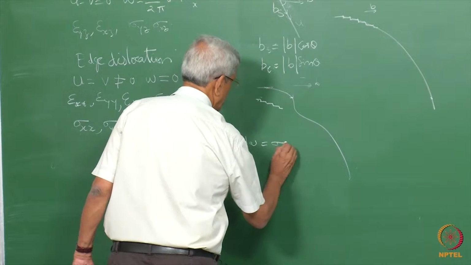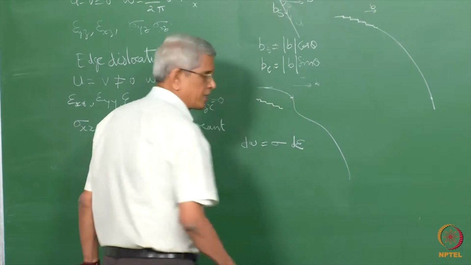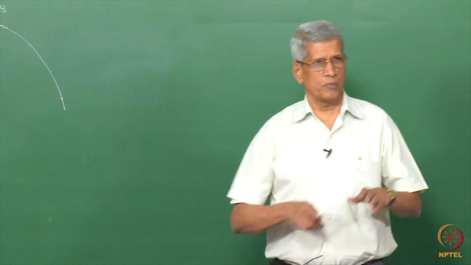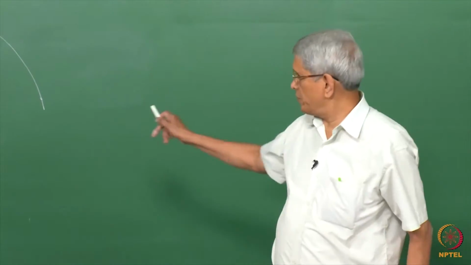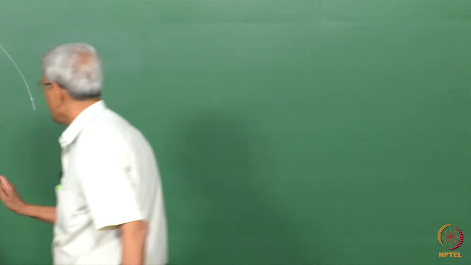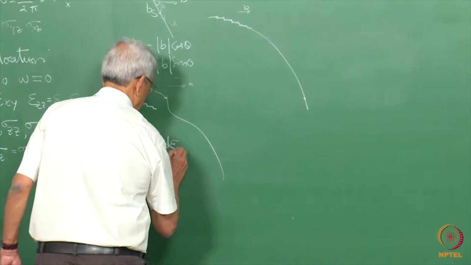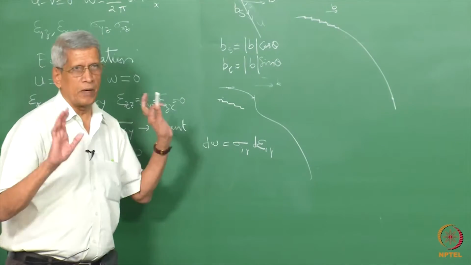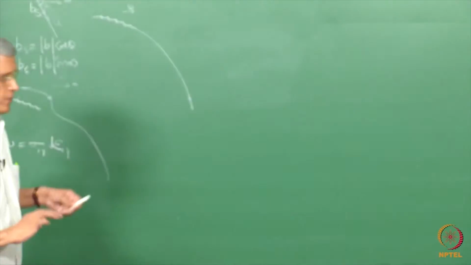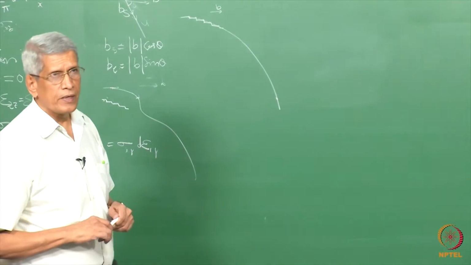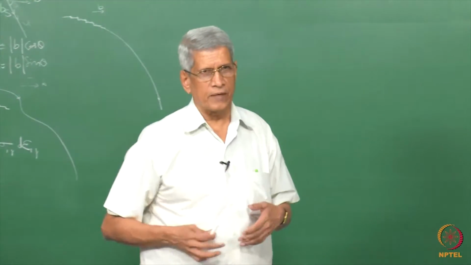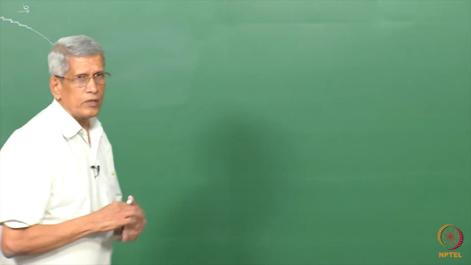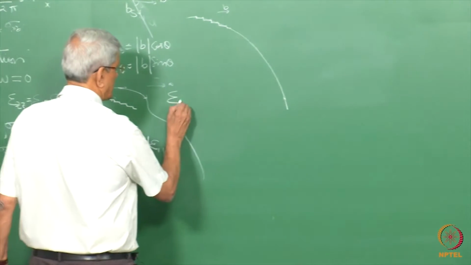This we can write as sigma into d epsilon. In the view graph I had given it with respect to a tensor notation, here I am just writing it as this, I can write it as sigma ij d epsilon ij. What we are doing is, we assume that only this component is being applied in only one direction. That is a small increment. If the total strain changes from 0 to some particular value, take it to be epsilon ij.